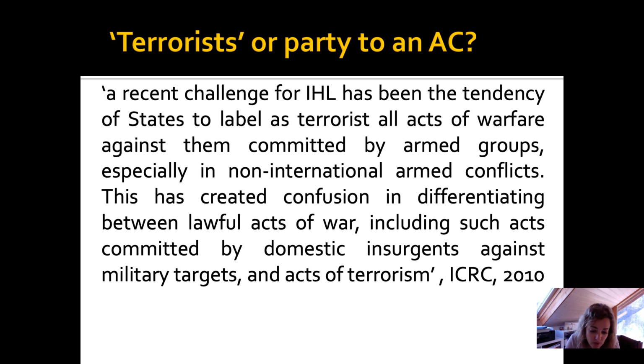So it will be lawful under IHL, but states, by categorizing any acts of an armed group as being a terrorist act or being done by a terrorist group, will in fact say in a nutshell that even if it respects IHL, it will be illegal under international law because those are committed by a terrorist armed group. So it will confuse, in fact, the legality of the acts conducted by armed groups.